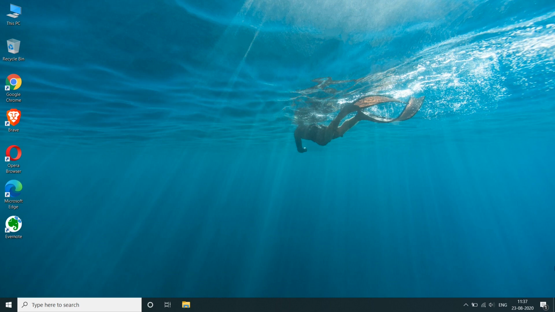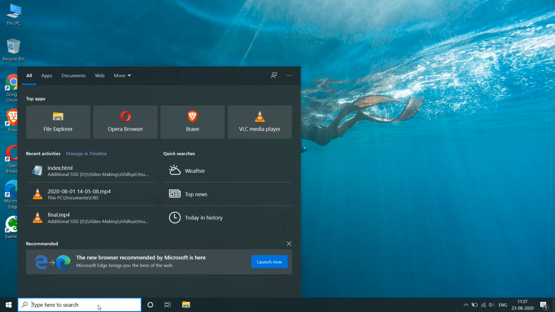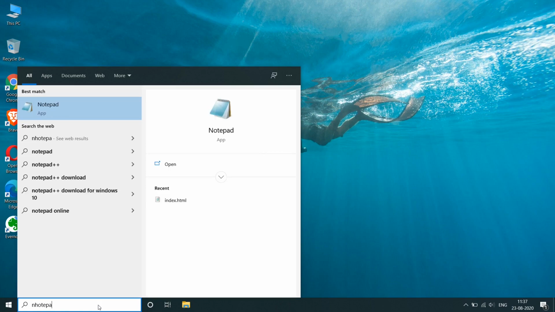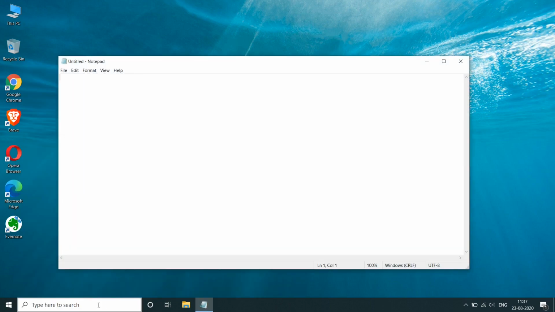So the first thing we're going to do is open Notepad. Okay, so we open Notepad and I'm going to type the HTML code. You don't have to pay attention to it. You don't have to remember anything. You don't have to memorize anything. This is just a demo, okay? Just to give you an idea of how things get done.